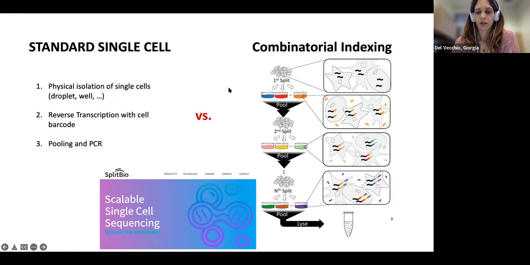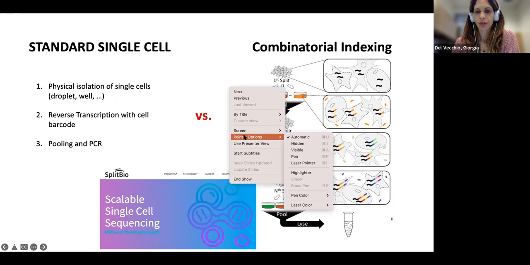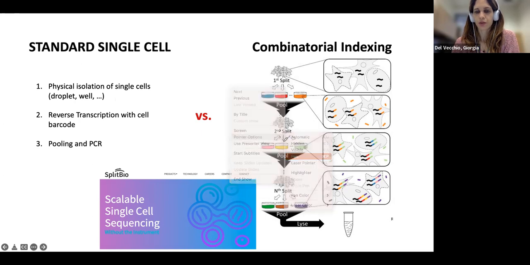So this is the only protocol we have to perform single cell without using any expensive instrument. So in the combinatorial indexing approach, we are not lysing the cells, we are not capturing the cells, we are using the cells as they are,